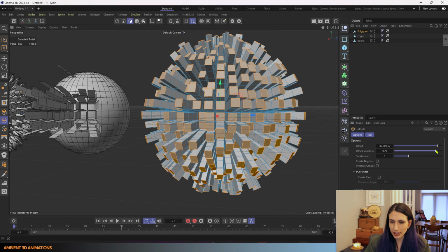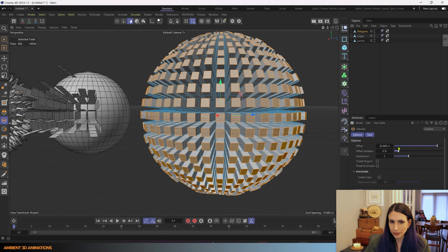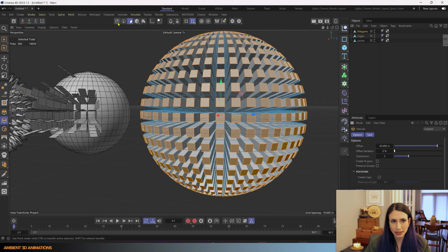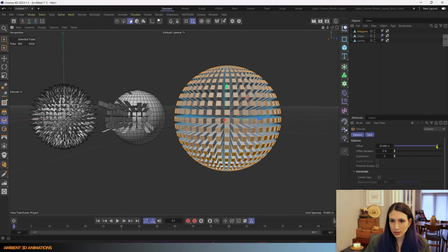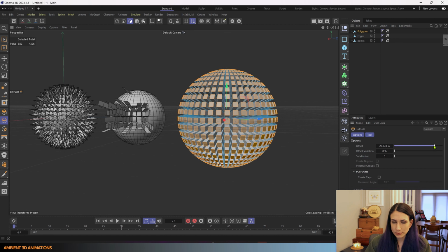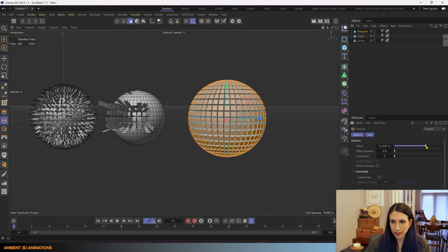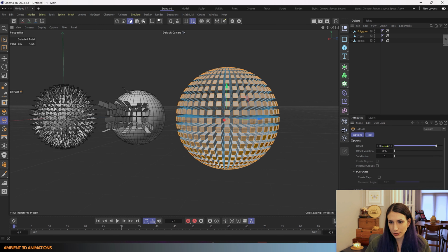and it works very similar to the other extrudes in edge mode and point mode. I'm going to set these both to 0 for right now just to show you what this does. So the offset, you can adjust this by dragging this handle here or typing in a specific amount into here.